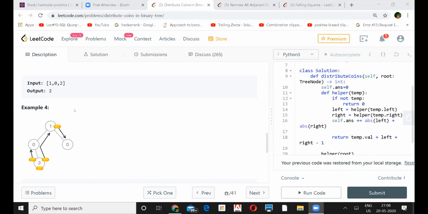From whatever it has, it will keep one with itself, and the rest it will throw upward. That way you can start returning the value on the top saying, I need this many coins, correct? And then from there, you can find out what the left side or the right side or both of those trees really want, and then you can find a sum. Yeah, makes sense. The recursive way is there, but it's slightly tricky, correct?